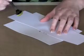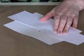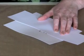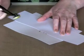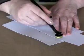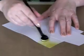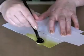Now I'm using a pigment ink to do this. You can use dye inks, but pigment inks do blend very nicely, and if you make mistakes or you get harsh lines you can usually blend them out. So I'm going to start with a yellowy shade, a sort of greeny shade of yellow or a yellowy shade of green, and I'm just going to start building up some grass on the background here,